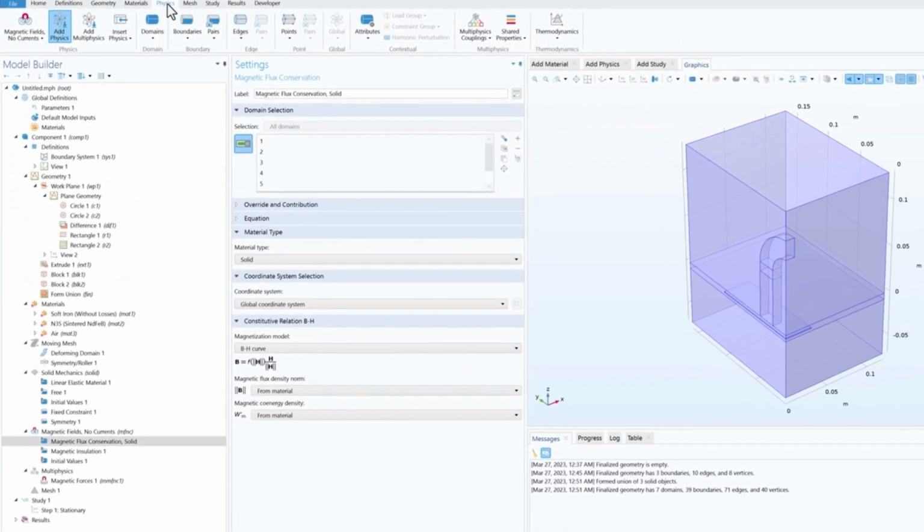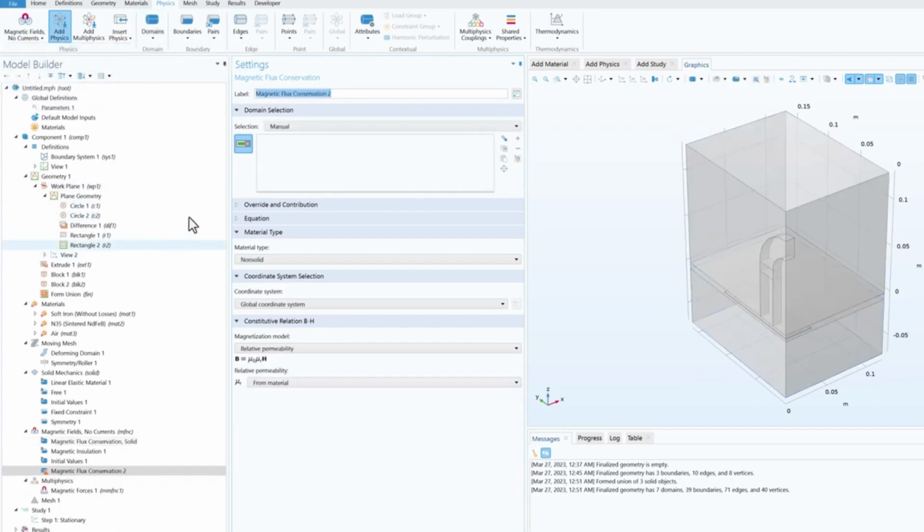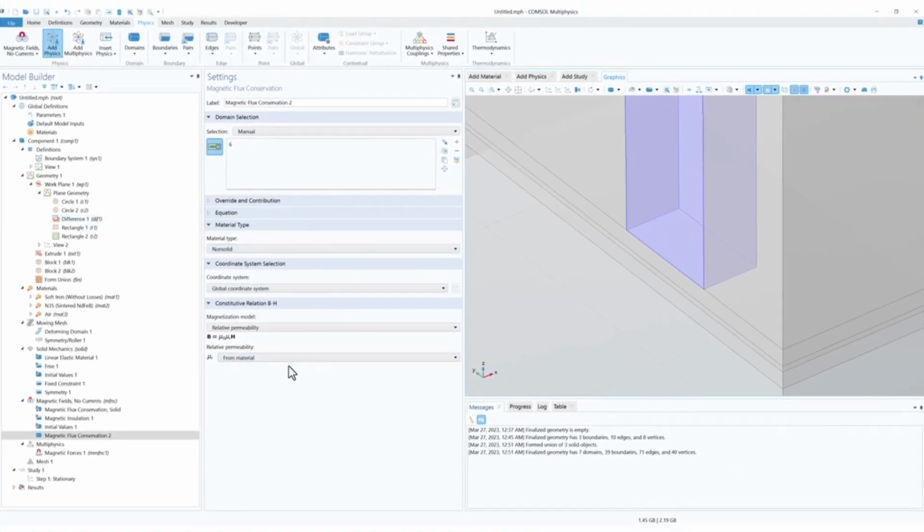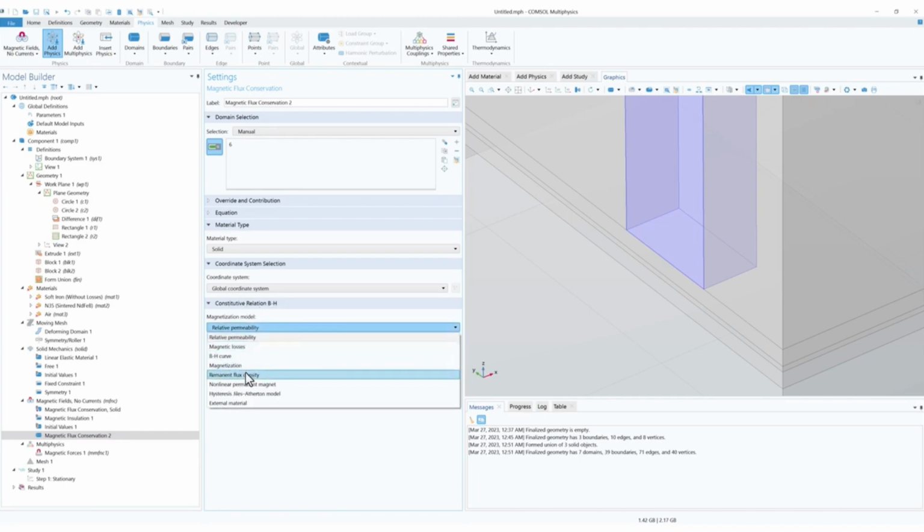So we'll go on to physics, then inside of domain we'll add magnetic flux conservation. So we'll select the domain 6 for the magnetic flux conservation, and in the material type we'll choose solid, and inside the constitutive relation BH in the magnetization model choose the remnant flux density,